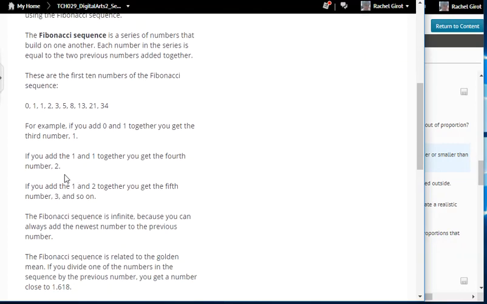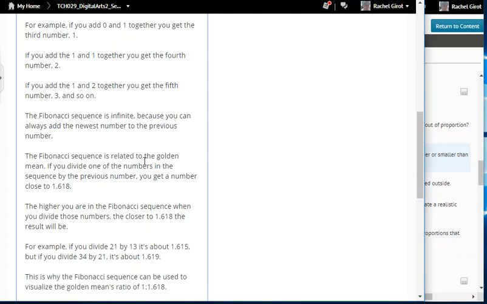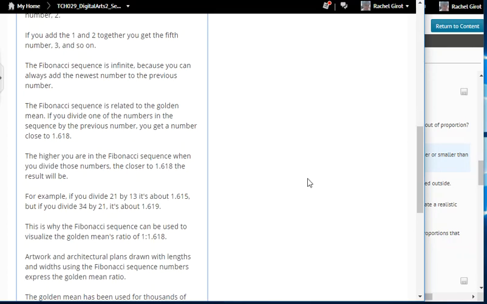All right, so we kind of went through that together already. The Fibonacci sequence is infinite because you can always add the newest number to the 2 previous numbers. The Fibonacci sequence is related to the golden mean. If you divide one of the numbers in the sequence by the previous number, you get a number close to, that's right,